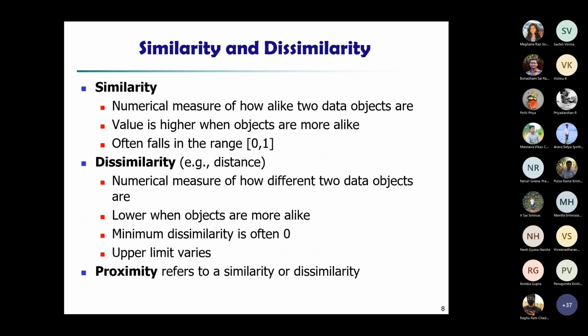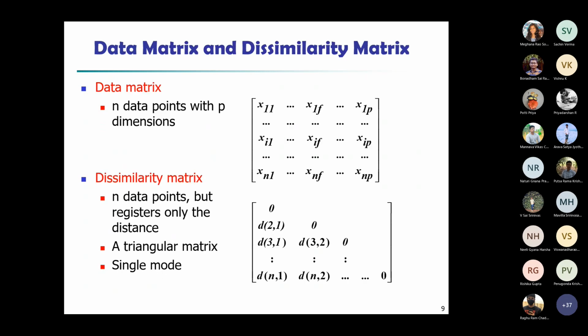So that is our dissimilarity. And similarity is something like, if you have heard of cosine similarity, or we will discuss it anyway. It is like how close or how similar two objects are. When you have high values, we say they are more close or more similar. And dissimilarity is like when they are high, we say they are very dissimilar. So if the distance or the dissimilarity is less, we say they are very similar objects. This proximity can be something similar to dissimilarity and similarity.